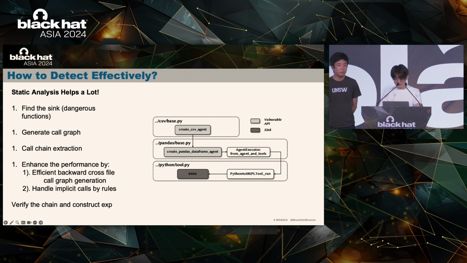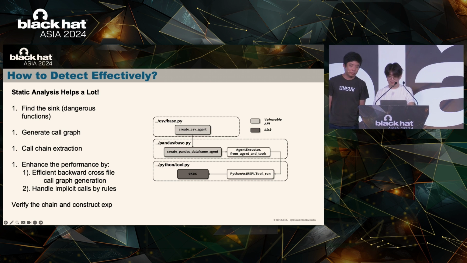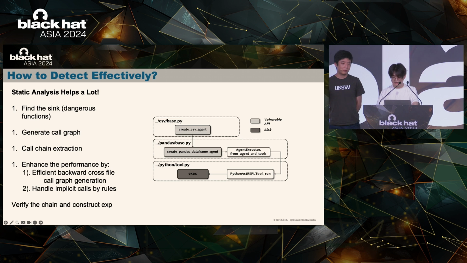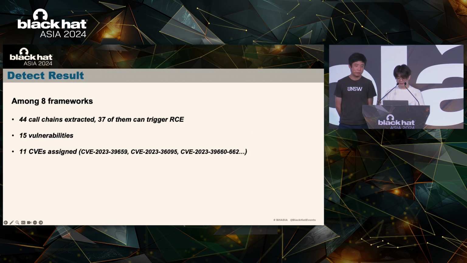Then we write some rules to handle potential implicit calls to improve the accuracy of the code chain extraction. Finally, once the code chain is extracted, we manually verify the exploitability and the reachability and conduct the exploit. As a result, among 8 popular LLM integrated frameworks, we extracted 44 code chains and verified that 37 of